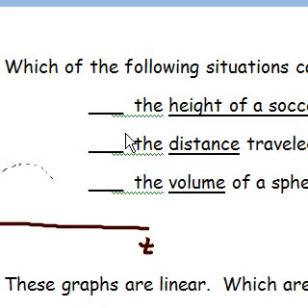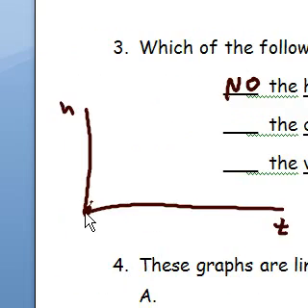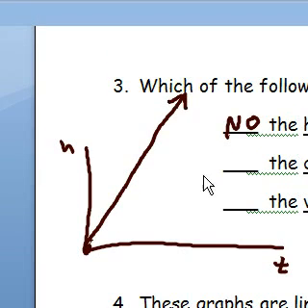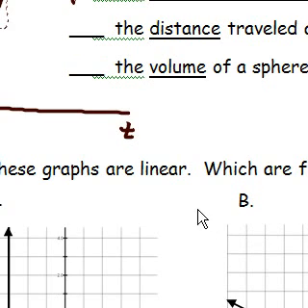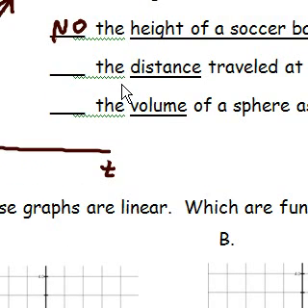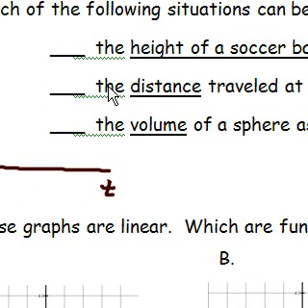Let's take our thinking one step further. What would it look like if we were playing soccer on a planet where there was no gravity? Well, you kick the ball, and it just keeps going up and up and up, and the ball never comes back down because there's no gravity to bring it down. Now is the height increasing at a constant rate? Yeah, the way I've drawn it, it's a linear function. So in that case, if there was no gravity on your planet, then height would be a constant rate. So the key to ask yourself when you're reading these is figure out what is the rate,